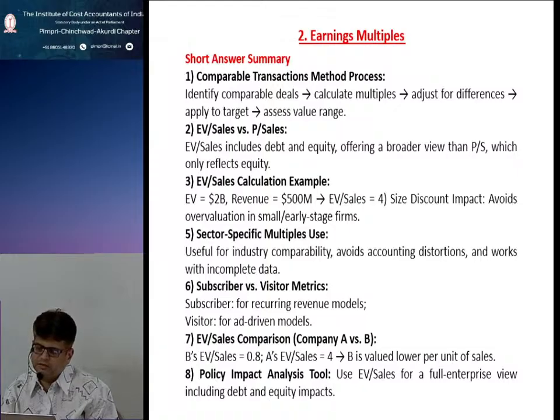Third short question and answer deals with the EV to sales calculation example. So let's assume EV is equal to $2 billion and revenue is equal to $500 million. Then EV to sales equal to